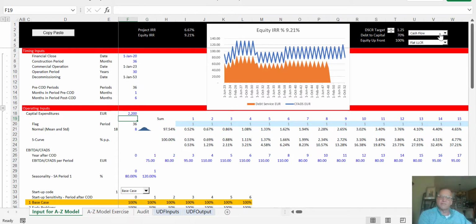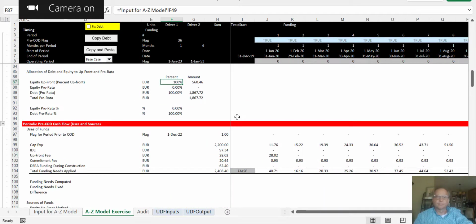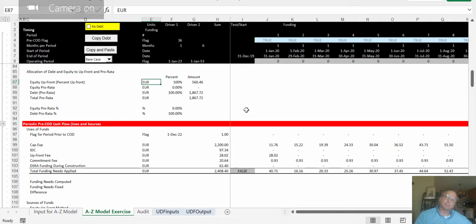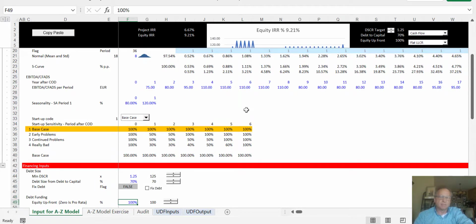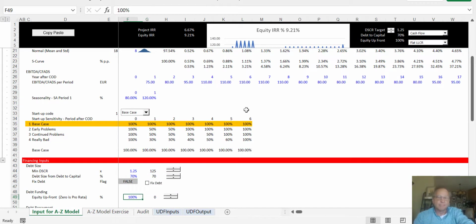I'm going to pause the video and make absolutely sure there's no issue going on with this whole copy and paste business. Just a second. Okay, I had a little bit of a problem. I had put the equity up front to be 100%. Let's make the equity up front to be 0%. In other words, it's